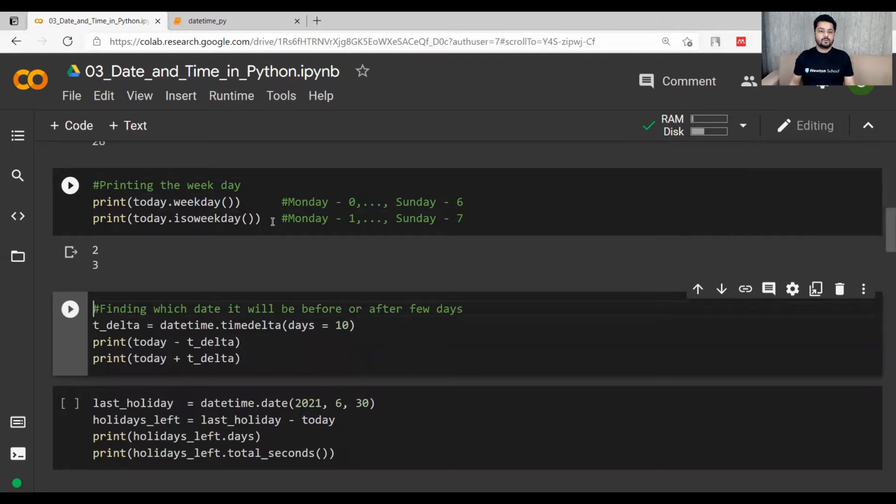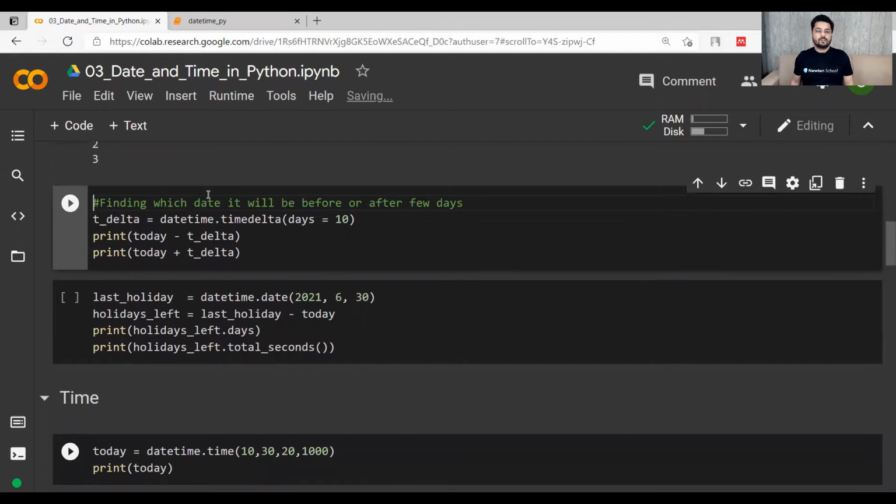So weekday is 2 in case of the weekday function and 3 in case of isoweekday function. So remember this thing, that when you are using the weekday function, you are printing the numbers in the range of 0 to 6, where 0 is Monday and Sunday is 6. Similarly, if you're using isoweekday, then Monday is 1 and Sunday is 7. So accordingly, the weekday will be printed.